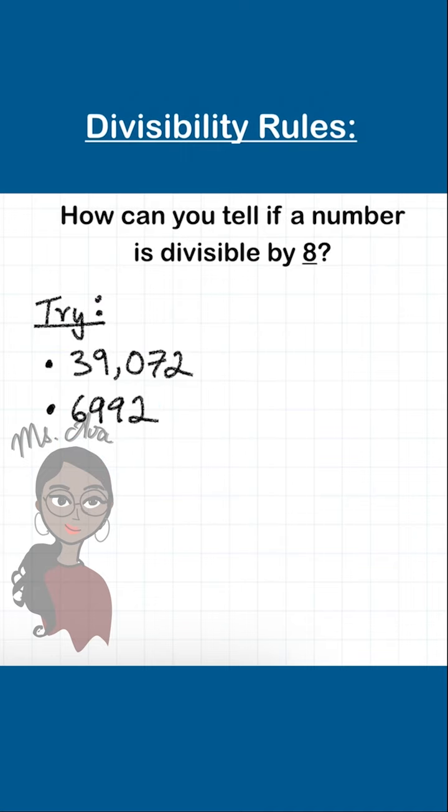Okay, next one. How can you tell if a number is divisible by 8? So this one, like I said, these guys come in pairs, and this one is a pair with the 4. The only thing is the 8 is not as nice. So in a lot of books that I've seen, usually the 8 is one of those where there's no rule, and they just tell